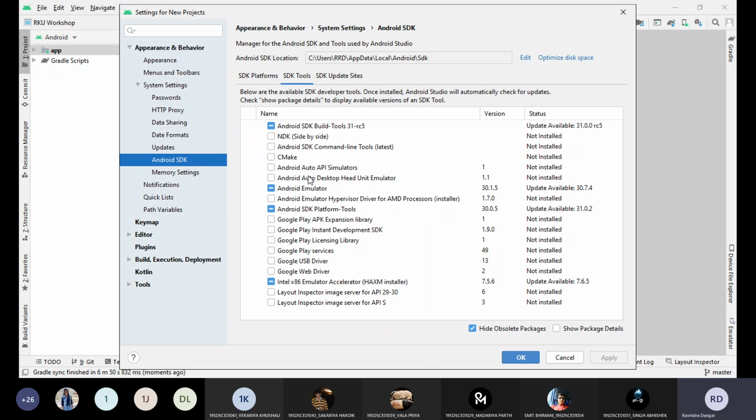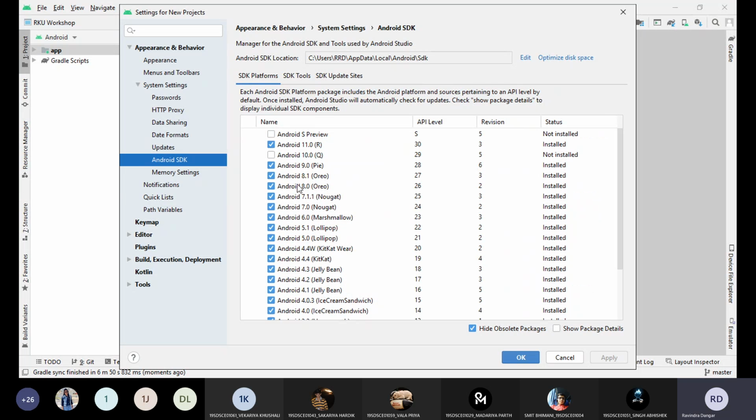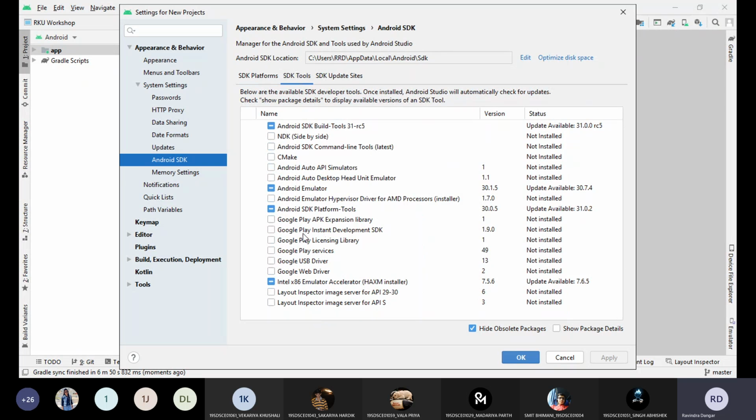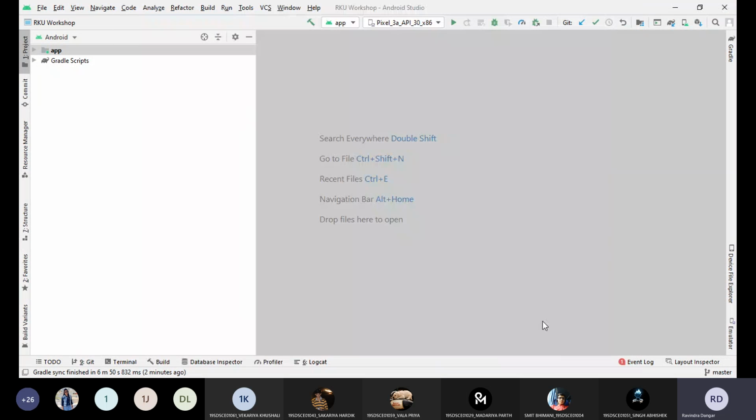So the emulator is a kind of tool in which you can install and run each Android application, and without installing your application in your mobile, you can run it in the emulator also. So if you want to go with the emulator, then you need to download this package also. But again, by default, it will be installed once you try to download this plugin. But still, if it is not working and if it is not installed, you need to make sure that this HAXM installer is also installed. Yeah, that's it.